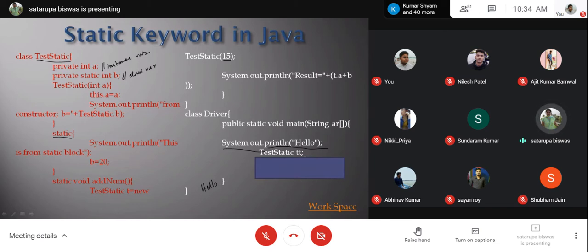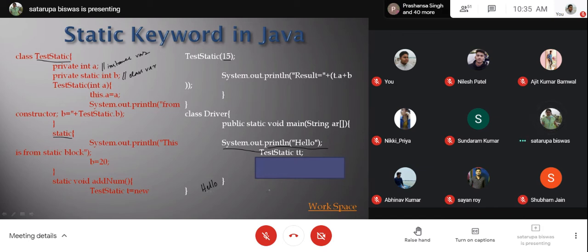When you are not creating any object, the class is not loaded. Even if they are present in the same file, it will never be loaded. You can try it yourself. So the output is just hello.